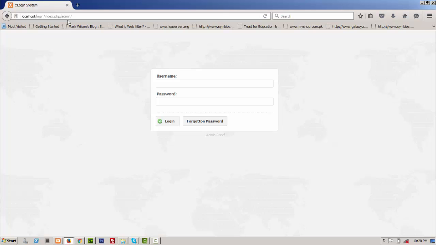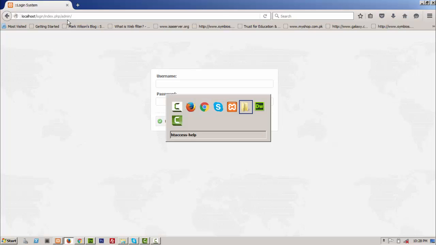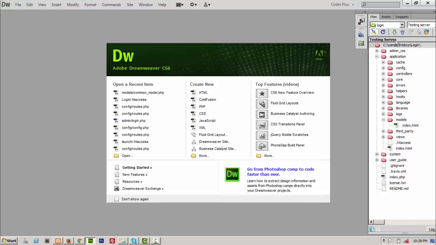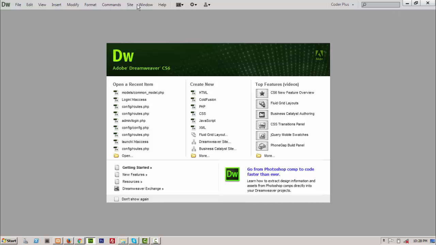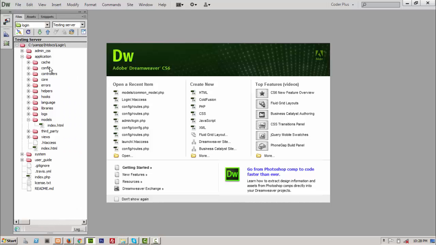First, just go to your Dreamweaver, and I think one more thing: if I change the directory panel to the left, it will be easier for me to manage all the layout. Now we have shifted the panel to the left, and let's